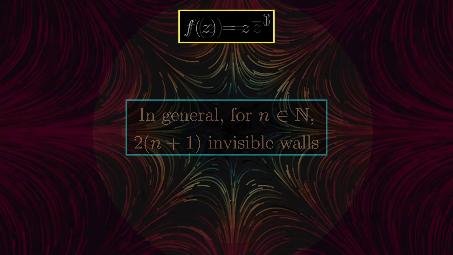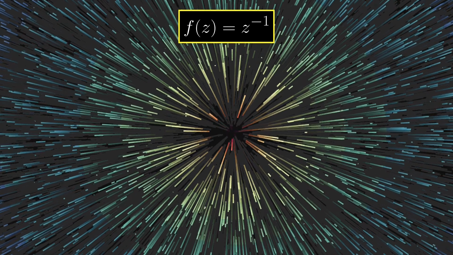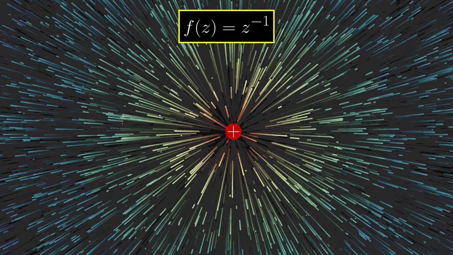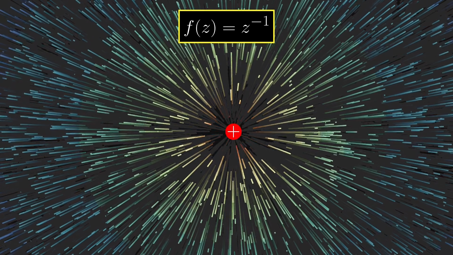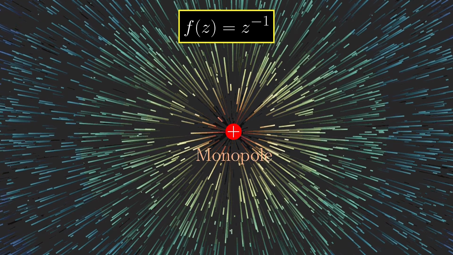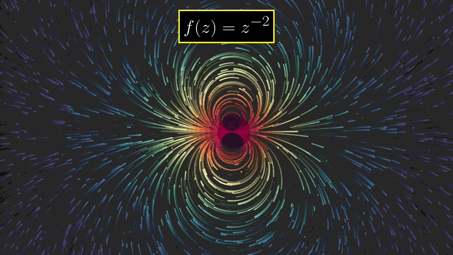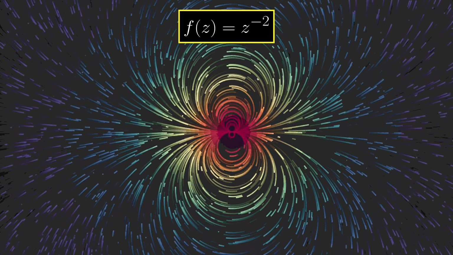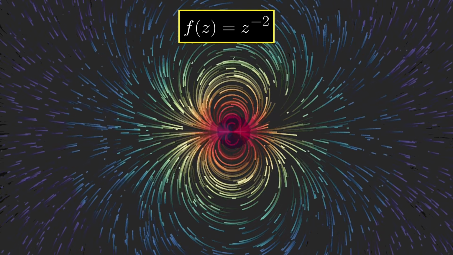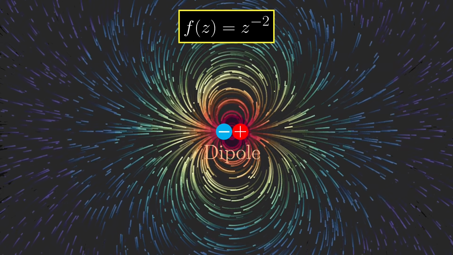What about when the exponent is negative? Well, the reciprocal of z looks like a source pumping out fluids, but it's better to think of it as an electric field generated by a positive charge, called a monopole. Now decrease the exponent to -2, and then we would get this vector field. Physicists might recognize this as the electric field generated by a dipole, a positive and a negative charge put together.